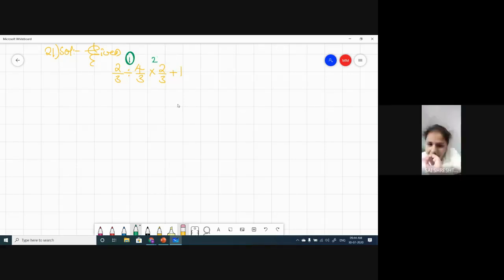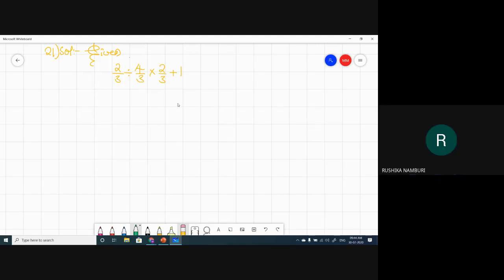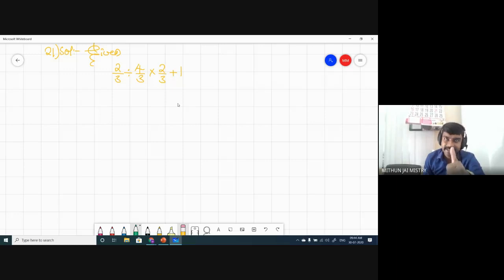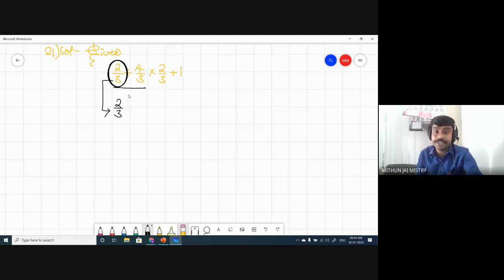Yes, beta. Correct, it will be the reciprocal. Very good. So let me do it in another way. Instead of keeping 1, 2, 3, I will underline. When I underline, it means this underlined part you solve first. Now, when I underline this, what will it become? Have a look. 2 by 3 will be as it is. The first fraction is written as it is, 2 by 3, without any change.